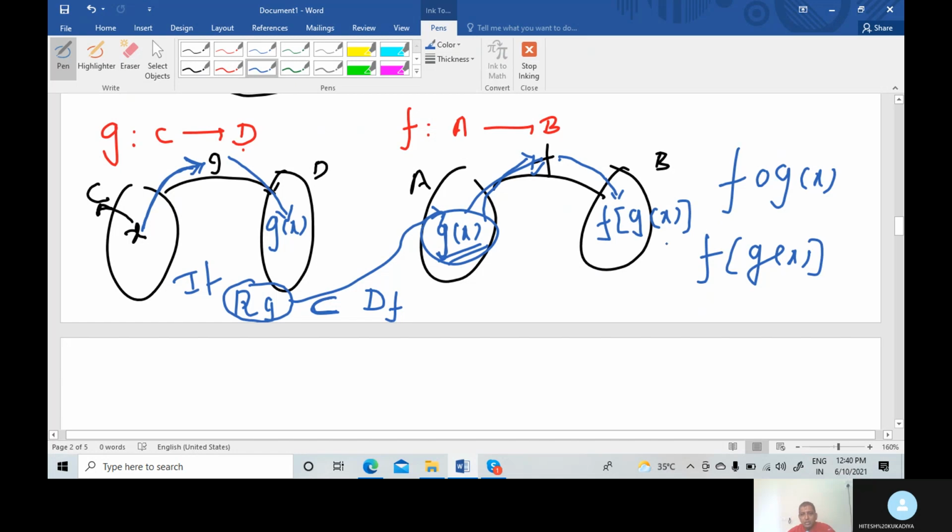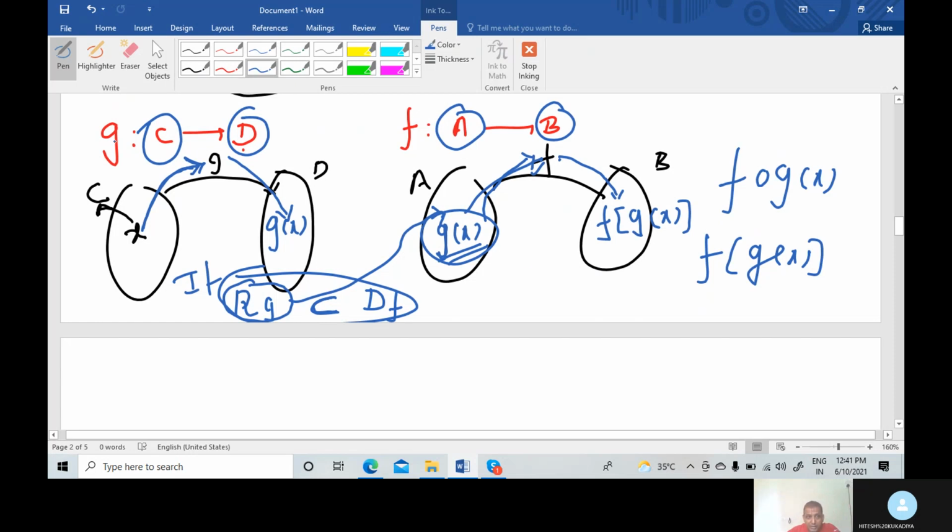Okay, students, do you understand? So here are the two types of composite function, f∘g and g∘f, right? In each and every sum, if the domain of g and domain of f are different, and the codomain of the first function g and codomain of the second function f are also different, you should first verify. First we check this condition. Then after that, calculate f∘g or g∘f, whichever is possible.